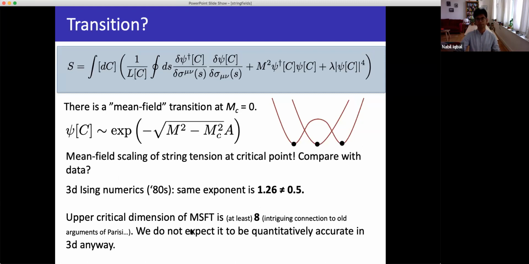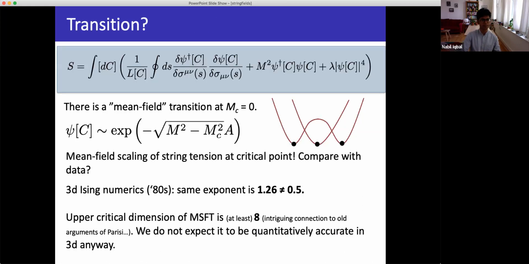Okay. But by showing this slide, what I would like to ask people is, this is describing a continuous confinement-deconfinement transition. If you happen to know of any in higher dimensions, the higher the dimension, the better, please tell me, because I would love to see if there are higher dimensional examples in obscure finely tuned field theories that I can test this framework on. Okay. All right. Good. So I'm almost done.